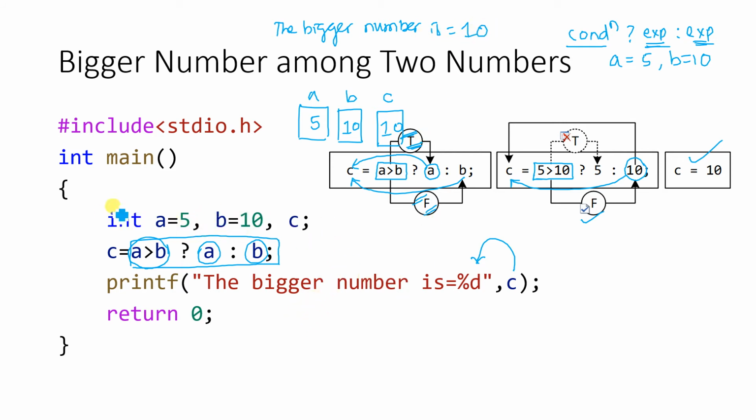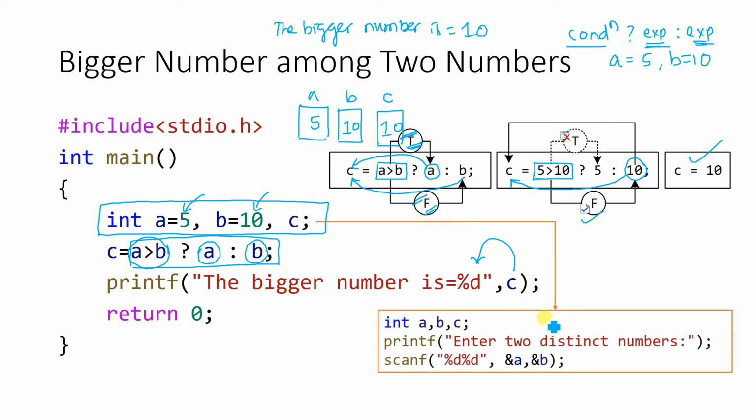Now you can see what we have done in this program. We have declared the variables and assigned the values 5 and 10 in the code itself, but we can solve it by taking numbers from the user too. So that will be a generalized program. To take two numbers from the user, this line can be replaced with these lines. There are three lines we have to replace this with. So we will declare the variables first, int a, b, c.